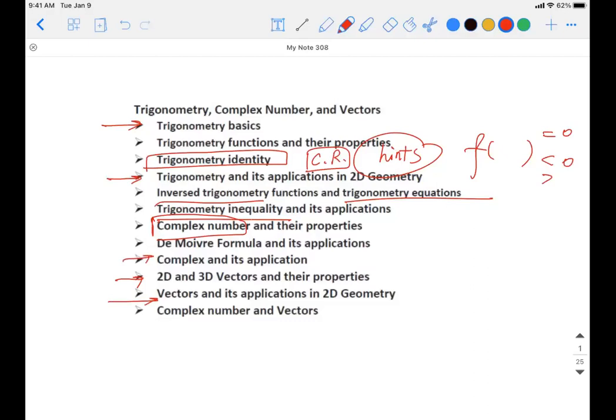So at the end of the day, after our lectures, you're going to have multiple ways to solve 2D geometry. The typical way, like the real Euclidean way, or using coordinate geometry, or using trigonometry, or using vectors. We're just trying to give you a portfolio of tools. You can use whatever tool you think is best and solve the problem accordingly. Also, we're going to talk about the differences and similarities between complex numbers and vectors. So this is an overview of what we're about to cover in our 10 lectures.